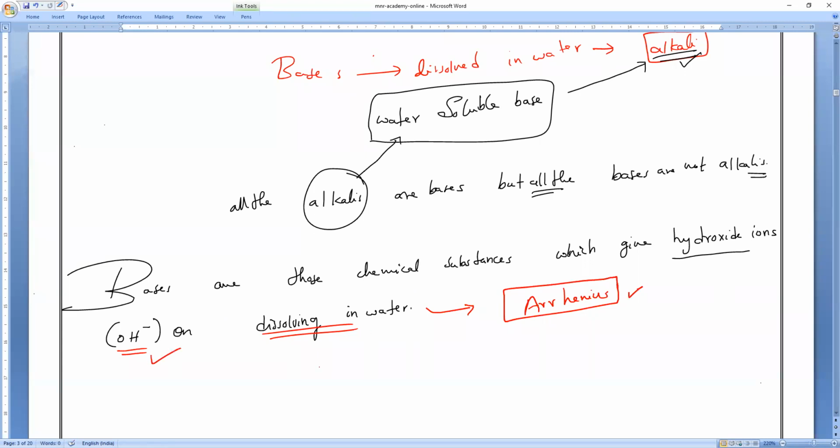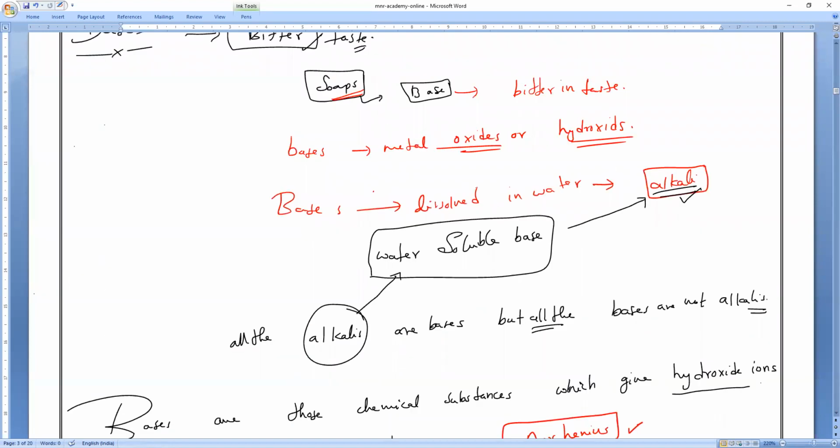So Arrhenius defined the bases with this definition. If you want, you can make examples. Can you tell me a known base for us? A king of base, which we call NaOH, sodium hydroxide. And the next one is what? Potassium hydroxide. That is why I said bases are, bases are